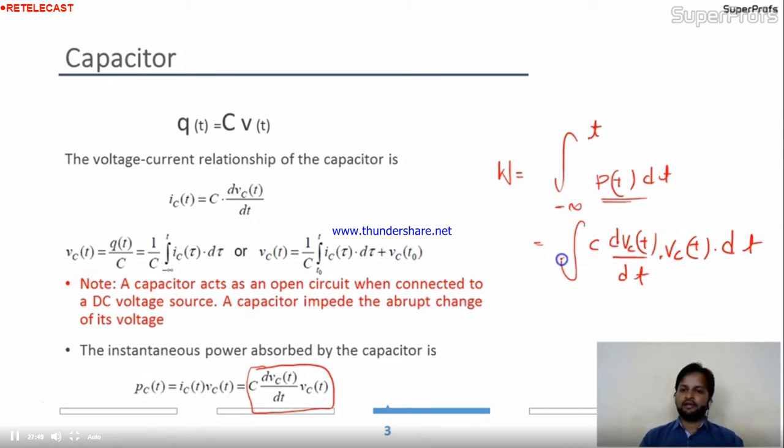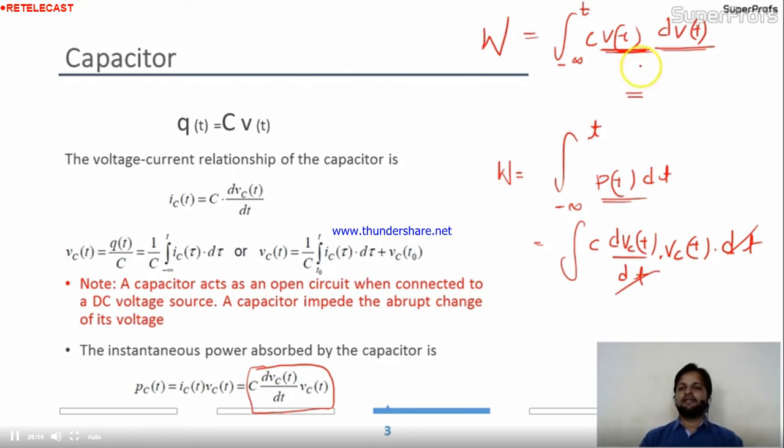Is it okay? Like this. This dt will cancel out this dt. Now your reduced integration is C V(t) dV(t). Means we can integrate V(t) with respect to dV(t). So it will be, and this is nothing but the energy. Is it okay? So this thing will be C V square